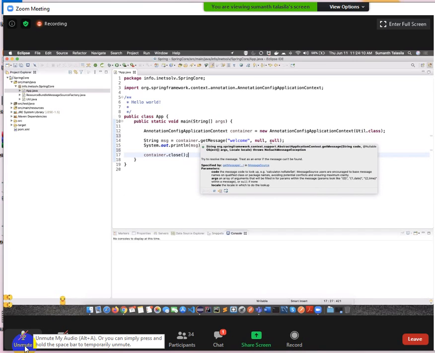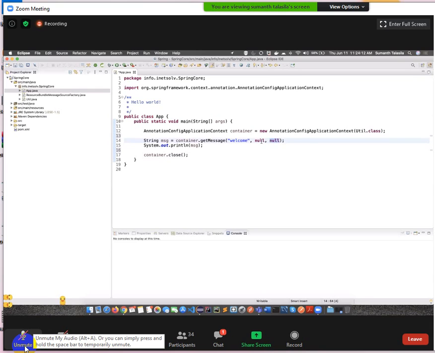As of now, the locale object is not there, so I'm giving null. That message is not having any parameters, which is the reason for giving a null value here also. Hope you are clear with how to read the contents from the property file by using Spring. I know we have not got complete clarity on what is happening in the back and how it is working. We are going to understand that in today's session, and we are going to see another mechanism of reading it also. Guys, are we clear?